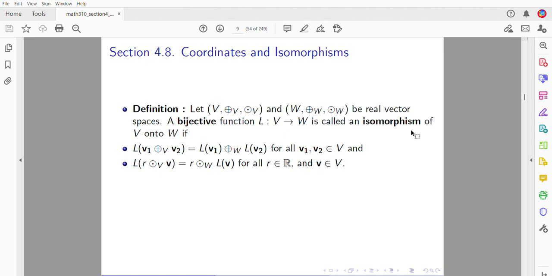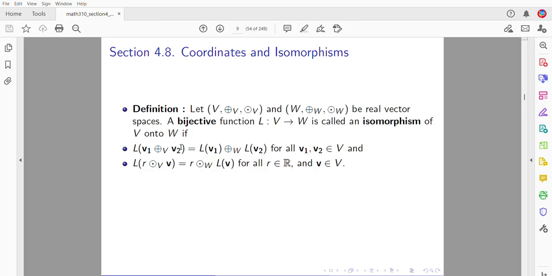This comes from the Greek language. So iso means same or actually equal. Morphism, if I'm not wrong, means shape or structure. Isomorphism of V onto W if L(v1 ⊕_V v2)